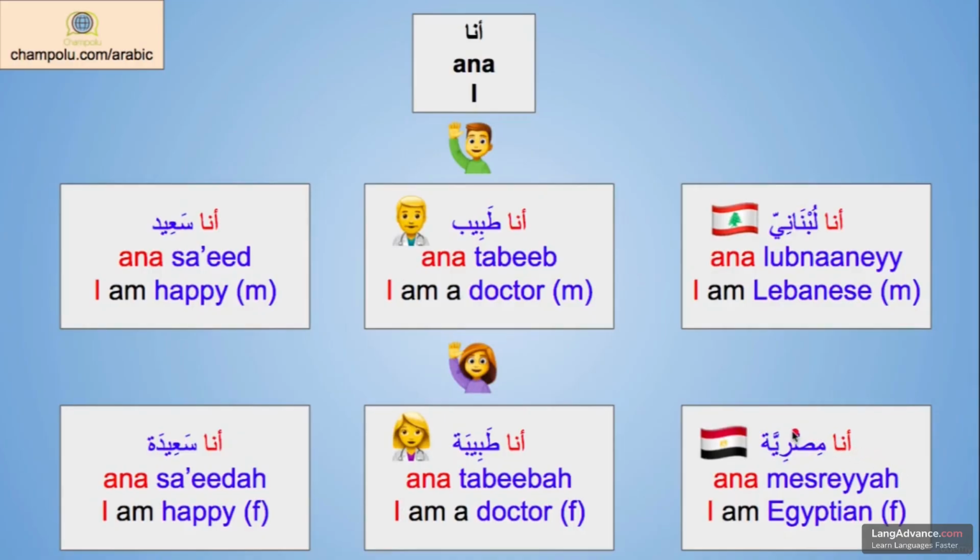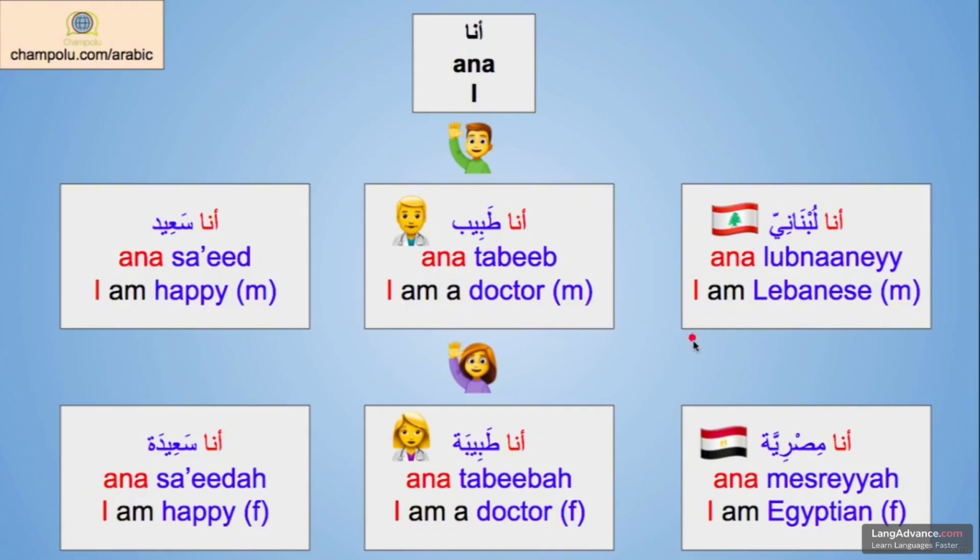Let's take some examples. So for the pronoun أنا, I can use these examples. I say أنا لبناني. I am Lebanese. Or أنا طبيب. I am a doctor. Or أنا سعيد. I am happy. Notice that all of these are if the speaker is a male, but if the speaker is female,